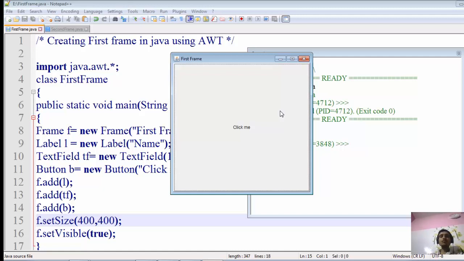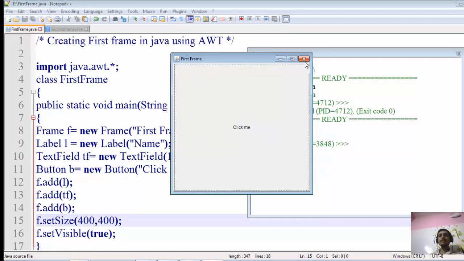So now we have to make some arrangements. Here you can see, I will just tell you that this is a frame. This outermost is the topmost container, and inside this, you can see this is the image that I have told you. This is the name of the frame that I have set, the title of the frame, and this is the menu bar. This is the title bar that contains the minimize button, the maximize button, and the close button. This is known as the title bar, and inside this, these are the components which we have added in this particular frame.